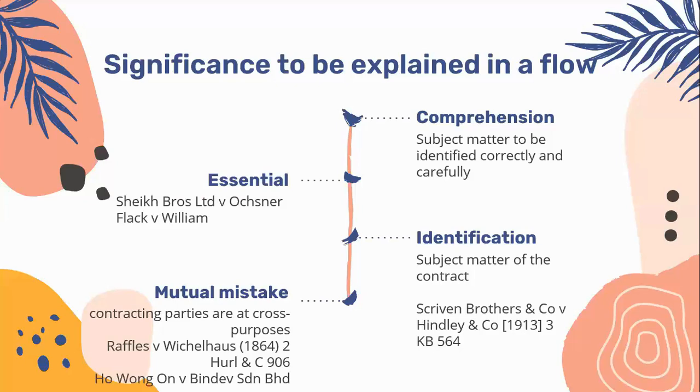Moving on to the next, the ultimate point is that this case is of importance to show us that the main requirement to apply to the court under mistakes of an agreement is that it shall not be mutually committed mistakes only. In relation to the case of Ho Wang On and Bin Defsun Berhad, the court rejected the defendant's argument when the defendant claimed that both parties had been mistaken about the availability of the double-storey semi-detached house that was the subject matter of the agreement.